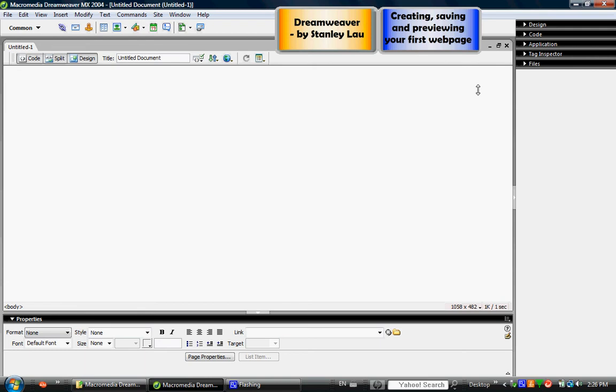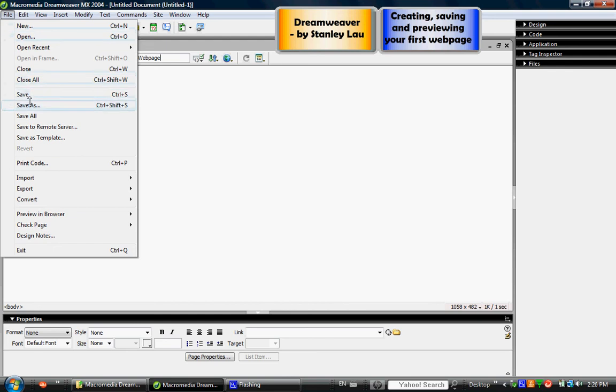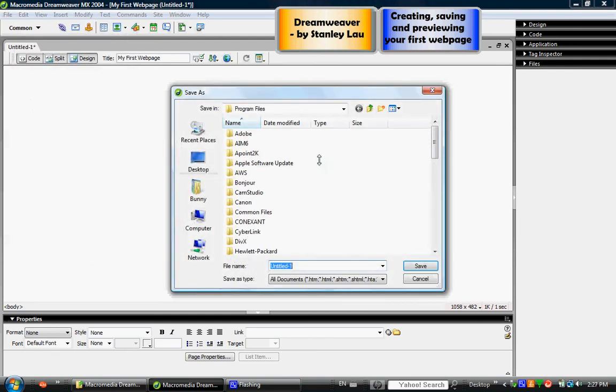And so the very first thing we have to do, once you've got a new document, is you can give this document a title. So you can just click in here and type in a name for this web page, and I will just call this my first web page. Okay. And once you've given it a name, you can click File and Save As, and look in your computer